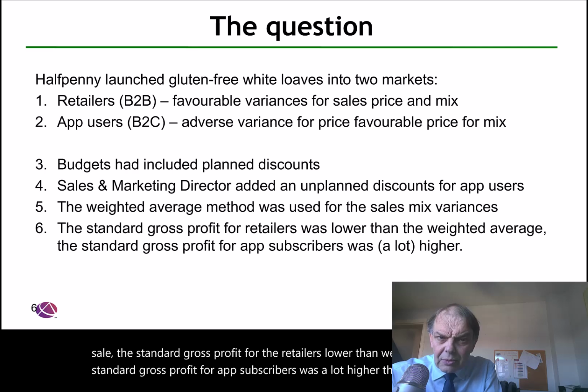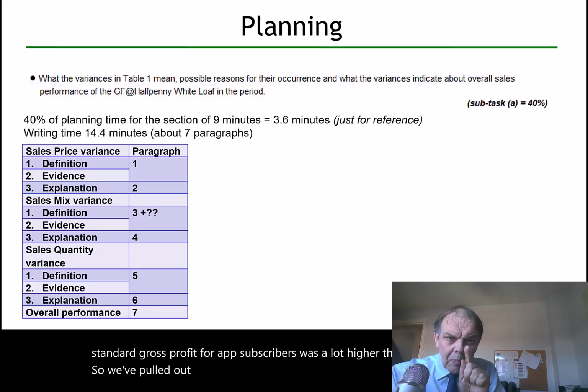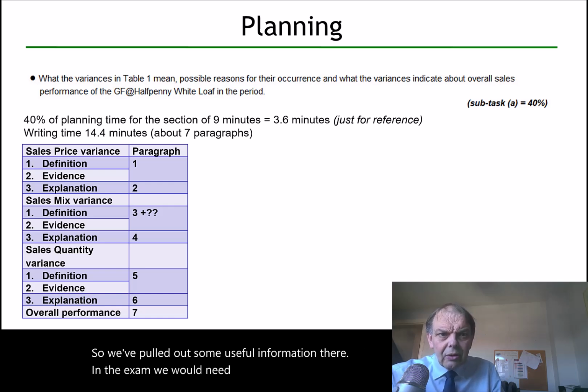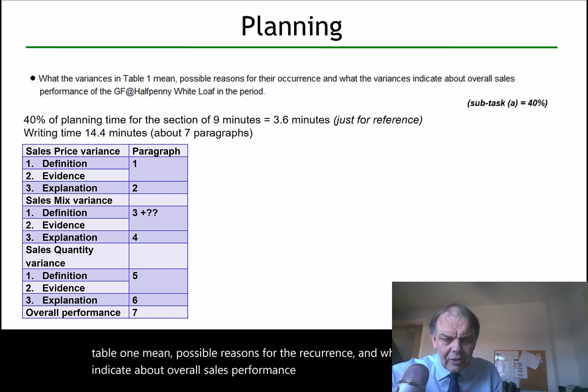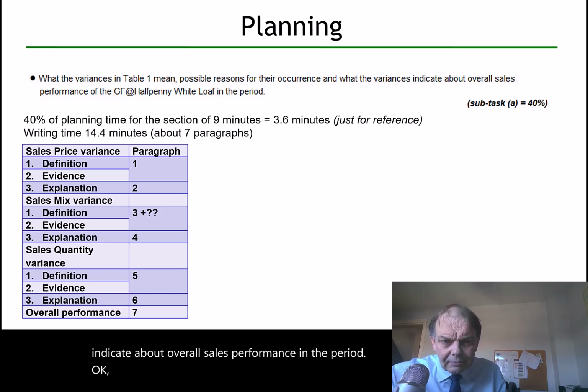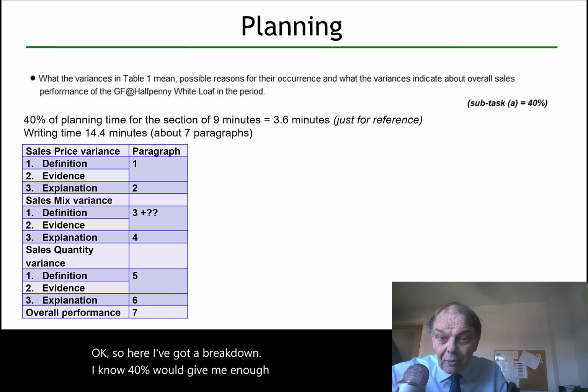So we've pulled out some useful information there. In the exam, we would need to plan. So the question said what the variances in Table 1 mean, possible reasons for their occurrence, and what the variances indicate about overall sales performance in the period. Okay, so here I've got a breakdown. I know 40% would give me enough time, about 14.4 minutes of writing up time,